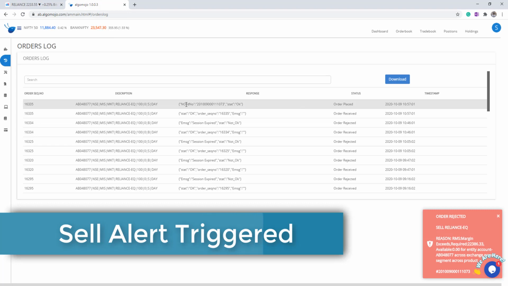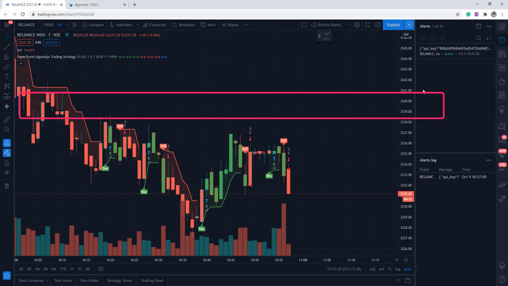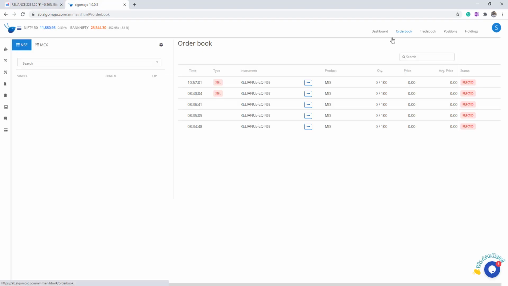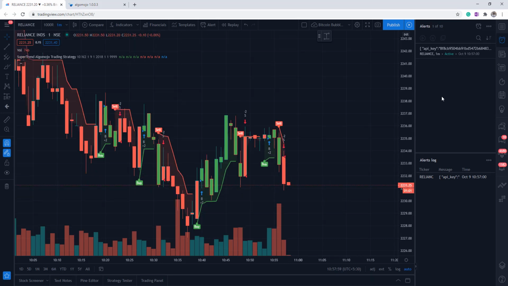So immediately go back and check your AlgoMojo section. So where you can see that the sell signal got triggered, and yeah, so that you can go and check out the order book as well. So sell signal has been placed immediately. You can see that dynamically the super trend is able to send sell signals or sell orders using the webhook using the placeholders as we discussed earlier.